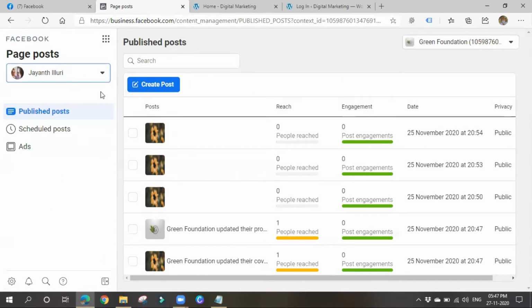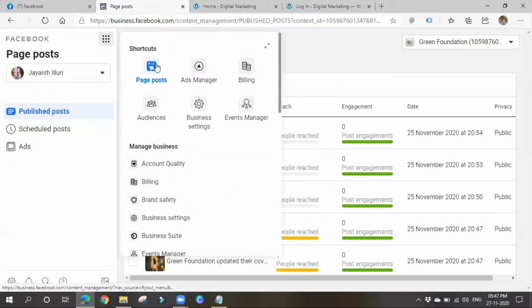Once you go to your Ads Manager, please go to Business Tools. There are various tools here. Here go to Events Manager.